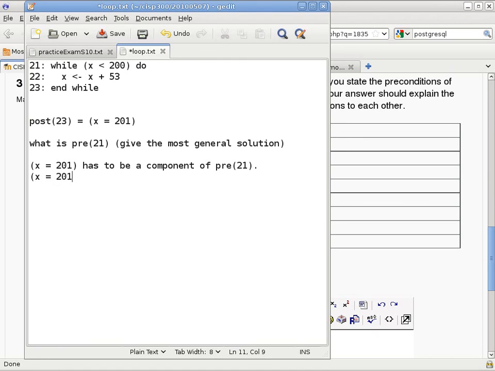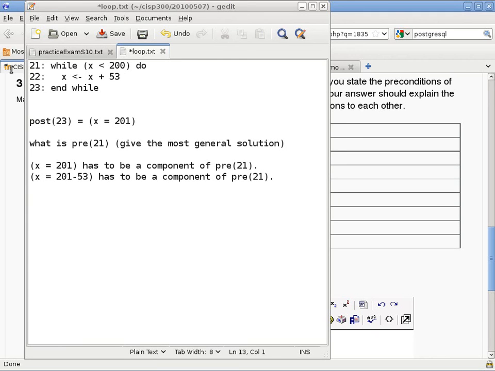Well, this one is a little bit more difficult than the one that we have dealt with before, because one possible, okay, what do we know? X equals to 201 has to be a component of pre-21, right? In other words, if x equals to 201 already before line 21, it would just